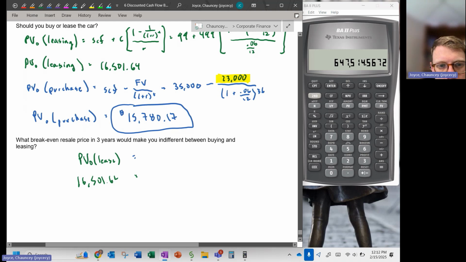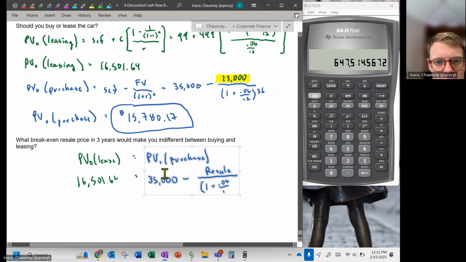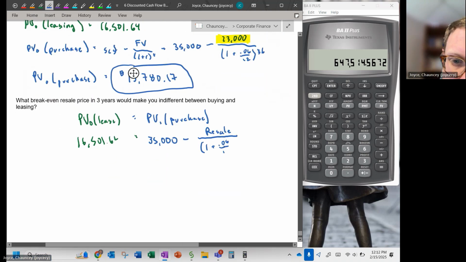Oh dear. The computer's dying. Let's see here. So if you did this correctly, your resale price is going to be